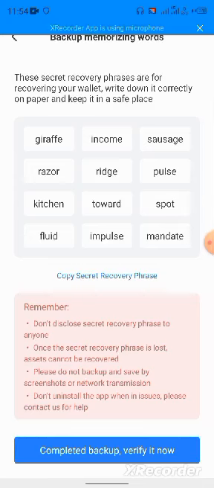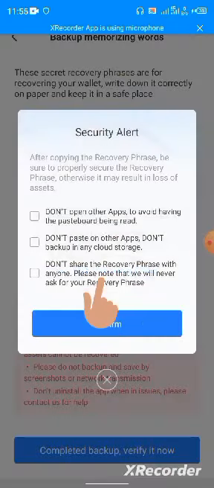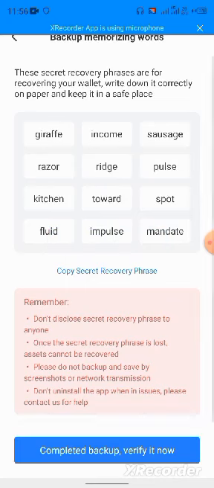Now you have to write these words down because in the next page you are going to set it accordingly. After copying it down, you can click on this copy secret phrase to save it. After that you click on backup complete,